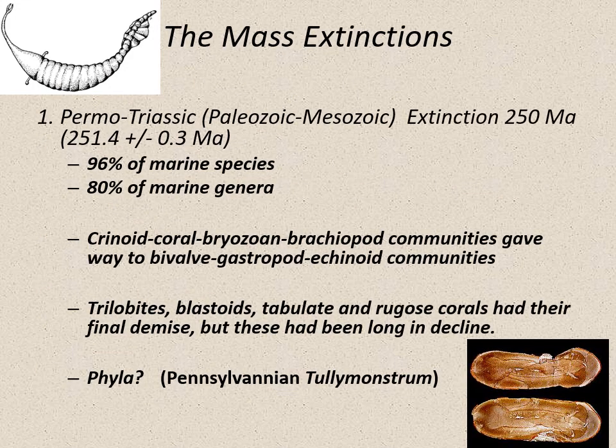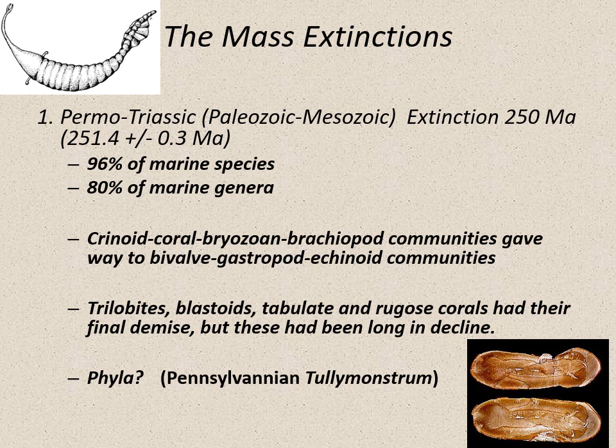So let's look at some of our mass extinctions. The first up is the Permo-Triassic. This is the mass extinction between the Paleozoic and Mesozoic era. It was approximately 250 million years ago. We lost 96% of our marine species, 80% of marine genera. This is pretty much everything. We almost lost life. Things that especially were affected, crinoids, the types of corals that we saw, bryozoans and brachiopod